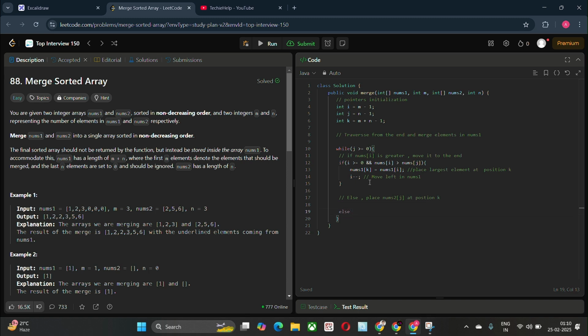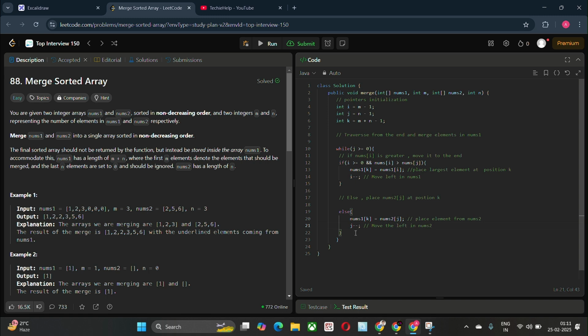So else, nums1 of k is equal to nums2 of j, and it places the element from nums2, and j minus minus moves left in nums2.